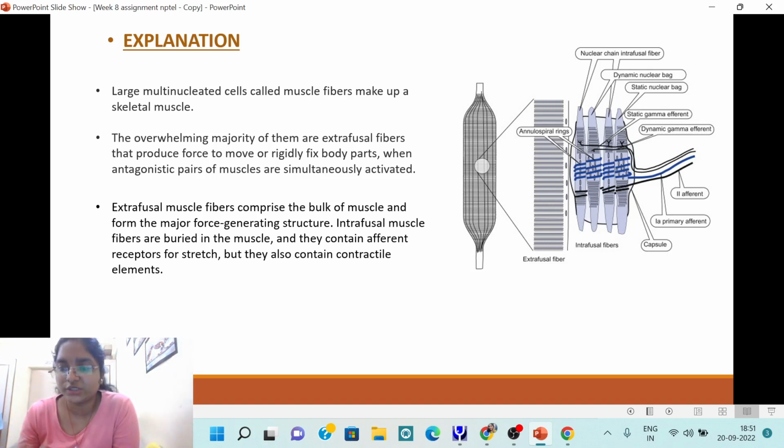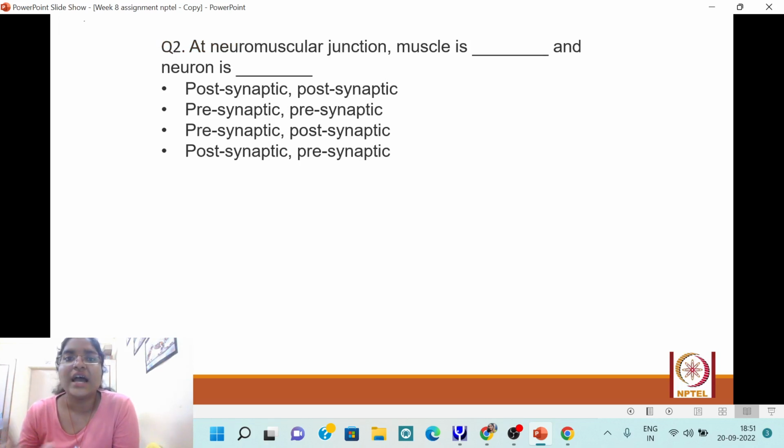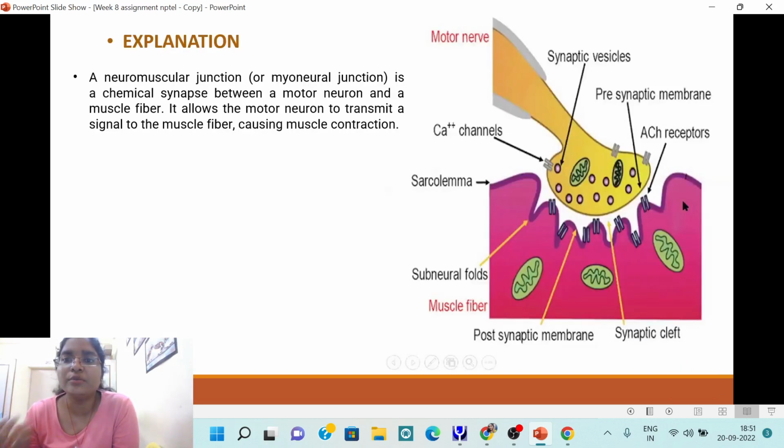This was your first question, and the second question was, at neuromuscular junction muscle is postsynaptic, whereas neurons are presynaptic. That is, the signal goes from the presynaptic membrane of the neurons, and is received by the postsynaptic membrane of the muscle fibers, right? For causing muscle contraction. Okay,